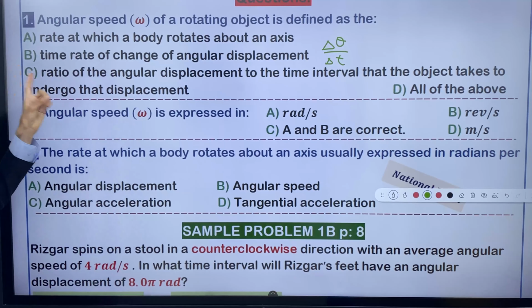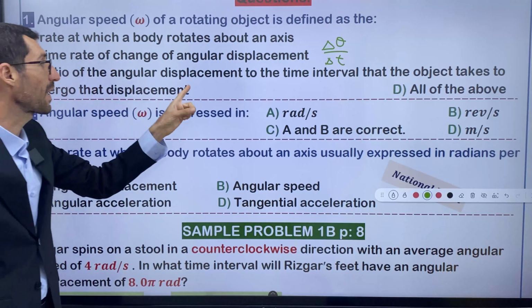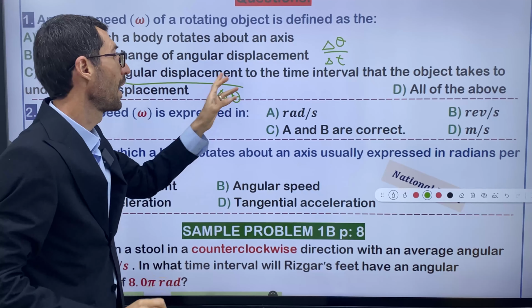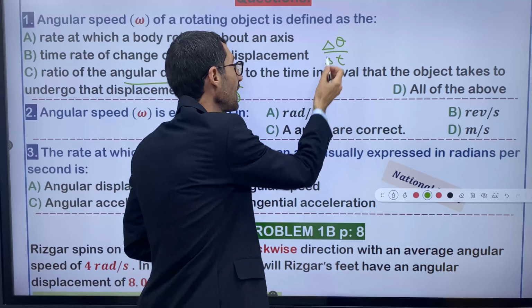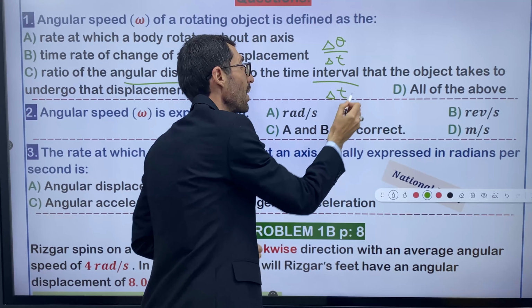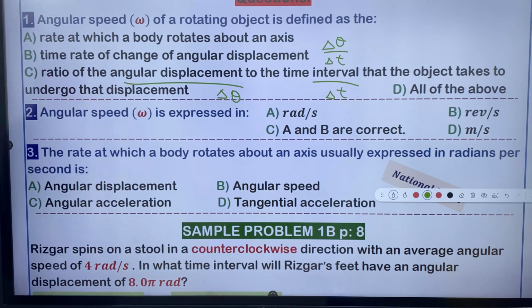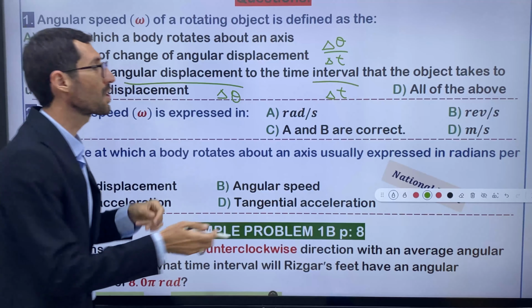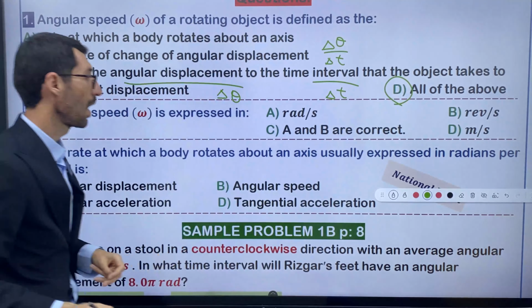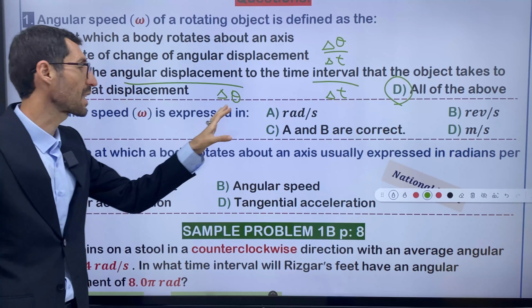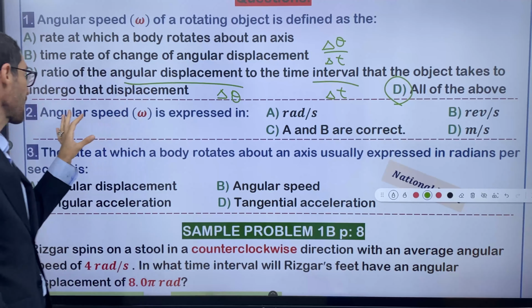C, ratio of angular displacement, delta theta, to the time interval, delta t, that the object takes to undergo that displacement. You see, it's the same. So all of the options are true. That's the answer. Question number 2, angular speed or omega is expressed in,